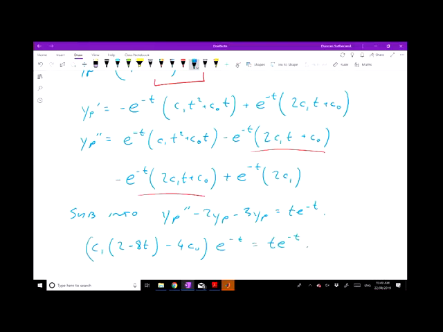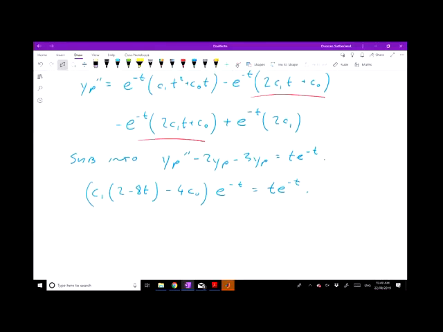So it does collapse quite a lot. We then find, by equating like terms, so where's my t e to the minus t here? It's the